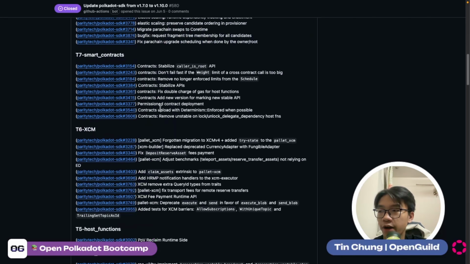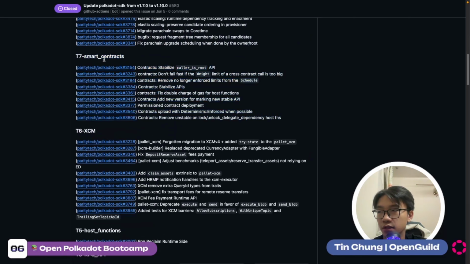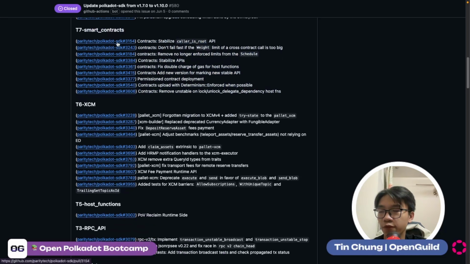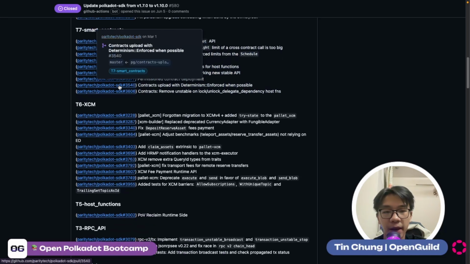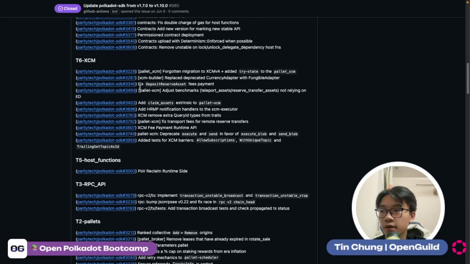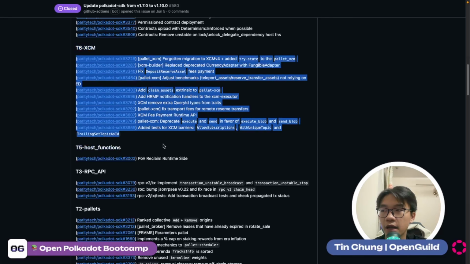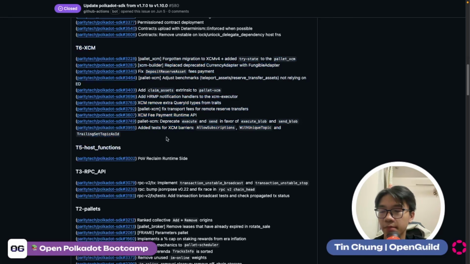For example, if there is anything related to smart contracts, you can traverse the smart contract level of the Polkadot SDK and find all the needed changes. Then you can follow these and see if it impacts your Polkadot blockchain, your parachain functionality, or if you do cross-chain stuff in your parachain, you can also see the XCMs and see if there are any related changes needed to match the XCM configurations